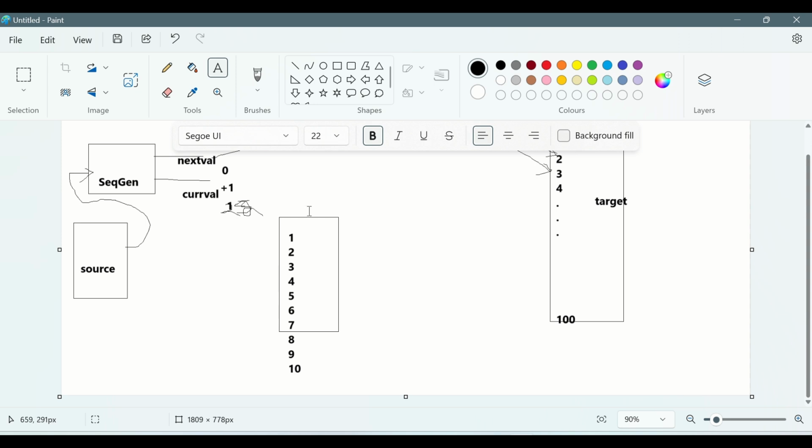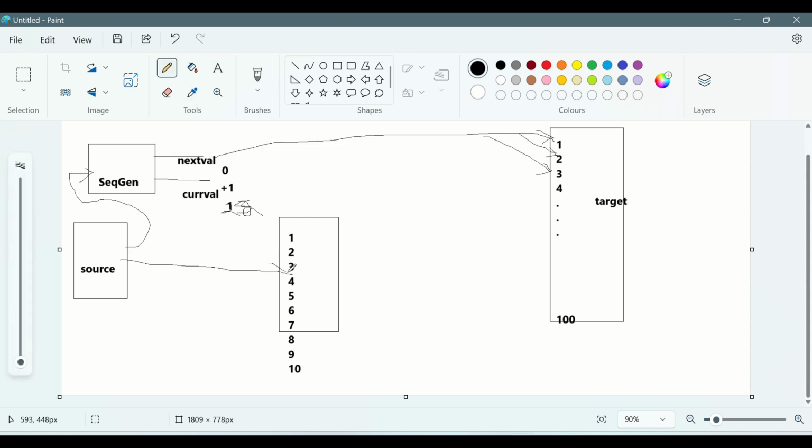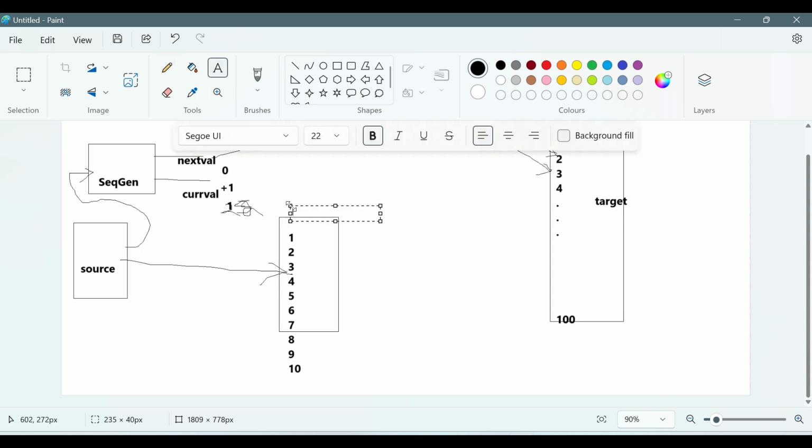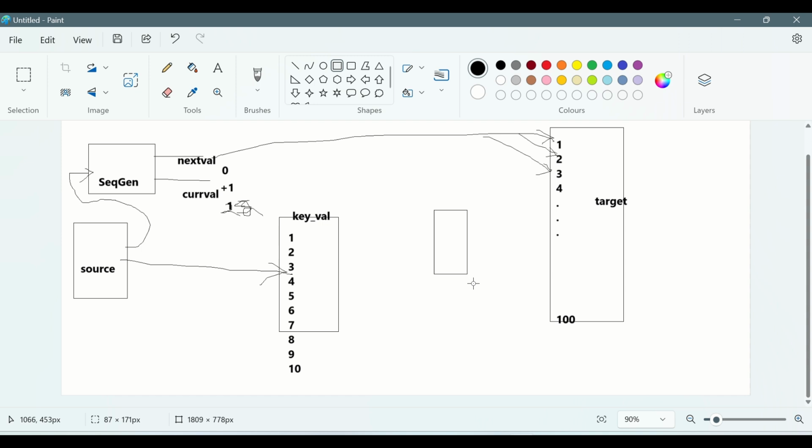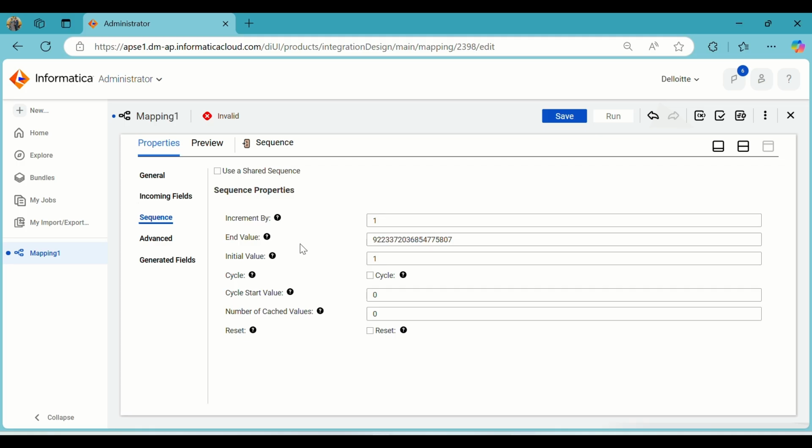Let's say we'll use the sequence generator. From source we are getting these records, these key values. So from source we are getting it, and in the target we need to load it differently. I need to load it as 4 records should go into one record, another 4 into another record, another 4 into the third record. So in that way, in the sequence generator, if you see here,